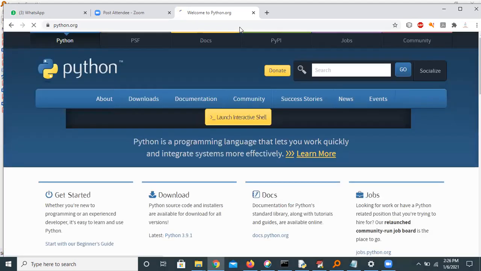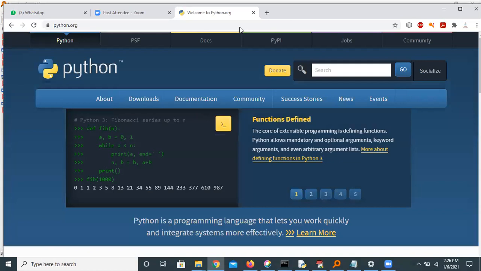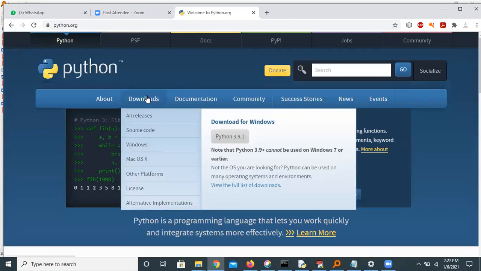In the list I gave you, which has 50 projects, I developed those 50 projects in version 3.7.0. The main problem with Python is that whichever version you developed in, you need to run in the same version, then only it will give better performance. For that purpose, it's better to download the same version. So I will download Python 3.7.0. Again I'm saying, 3.7.0.